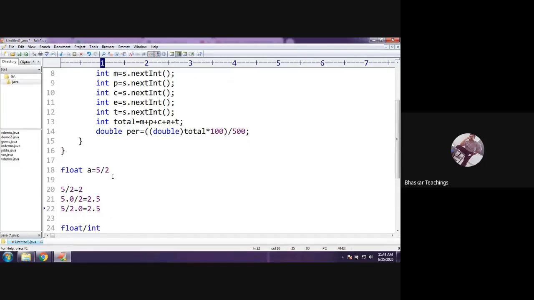Okay, so what I'm gonna do is typecast one of these values. I'm gonna make one of these values as float. Let us say we shall convert 5 to 5.0. And how is the process? We need to typecast. Typecast means before that value, mention the data type in bracket. So this is typecasting. Now 5 will be converted into 5.0 for this line. Initially it was 5/2. Now it is going to be 5.0 by 2. So this is typecasting. We are changing the type of the value. Here 5 is integer. Now it is going to be 5.0.